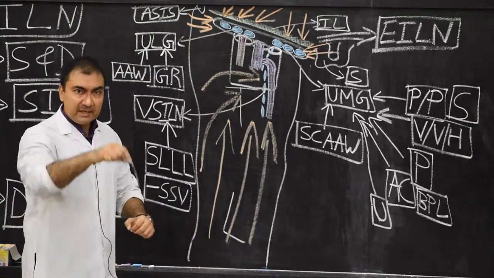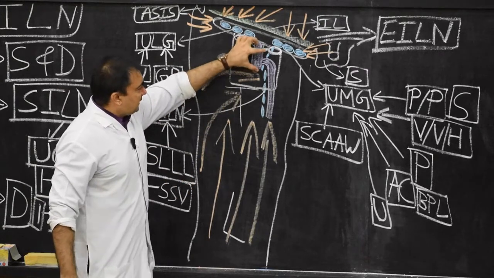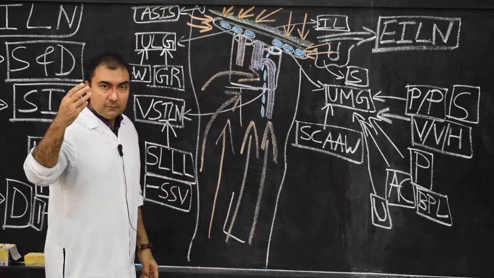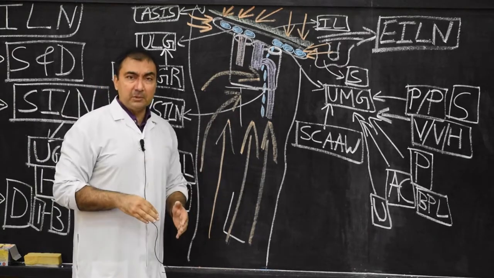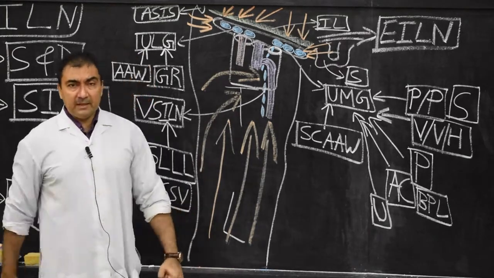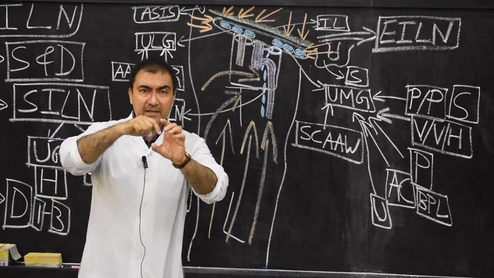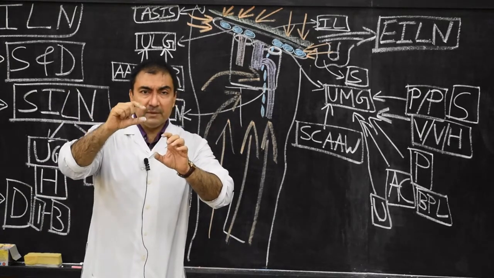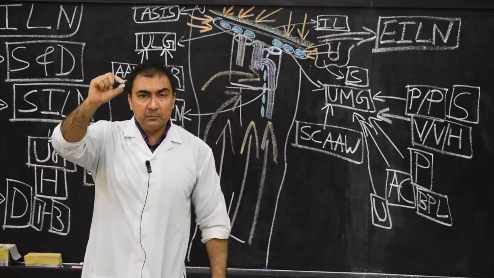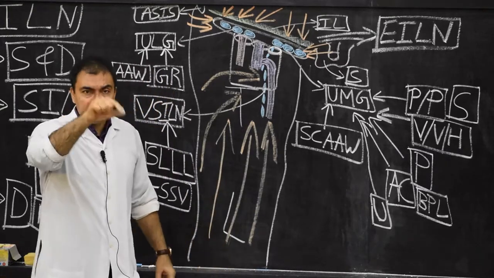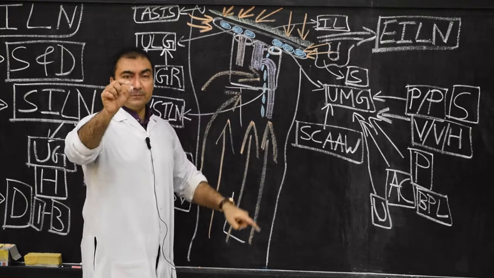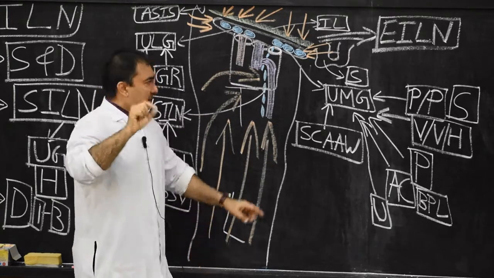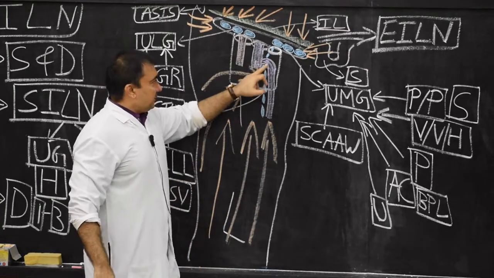Once again, I'll make it clear. The deep group of inguinal lymph nodes will be 3 vertical, which are always arranged medial to the femoral vein. The lowermost will be arranged where the great saphenous vein drains into the femoral vein. Middle will be arranged in the femoral canal, and the uppermost will be arranged in the femoral ring. But which portion? Lateral portion of the femoral ring, below the femoral septum. Now this is the deep inguinal group of lymph nodes.